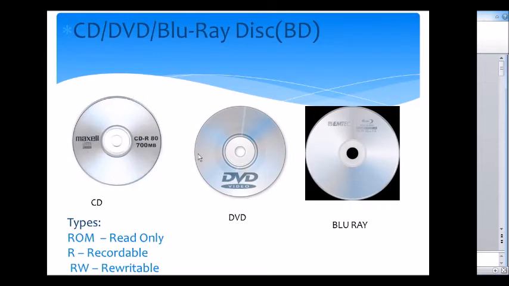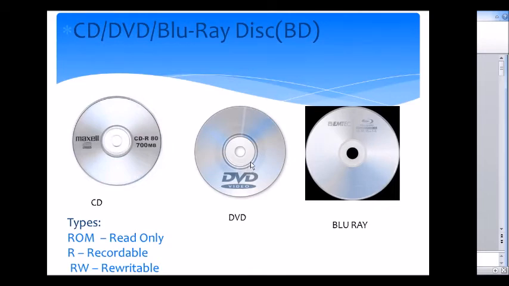And the main difference between these three discs is CD can store up to 700 MB, single layer DVD can store up to 4.7 GB, and single layer Blu-ray disc can store up to 25 GB. There are different layers.